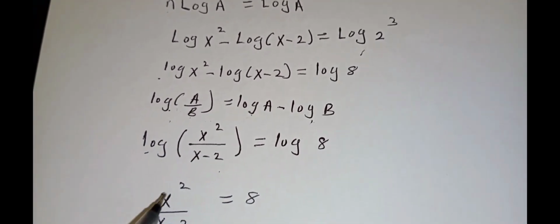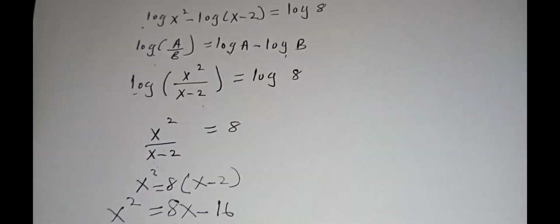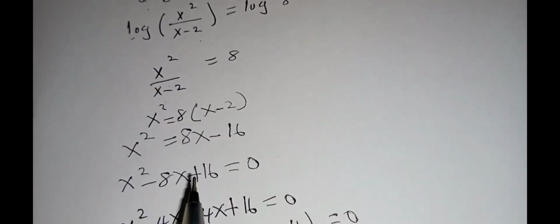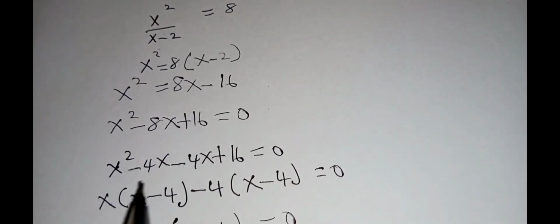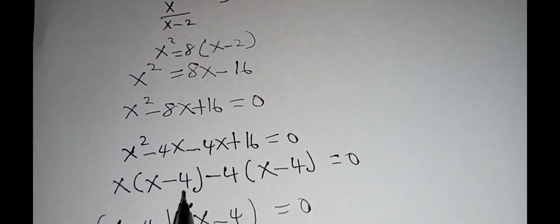Then from there, we have cancelled log both sides, so that we are left with the x squared over x minus 2 as equal to 8. Then we have solved this. We have rearranged this equation to become a quadratic equation shown here, and then we have factorized it this way. Then from there, we have obtained our value of x as equal to 4, which is clearly correct